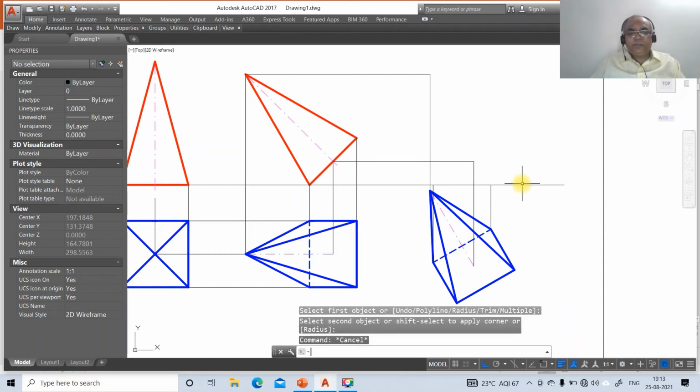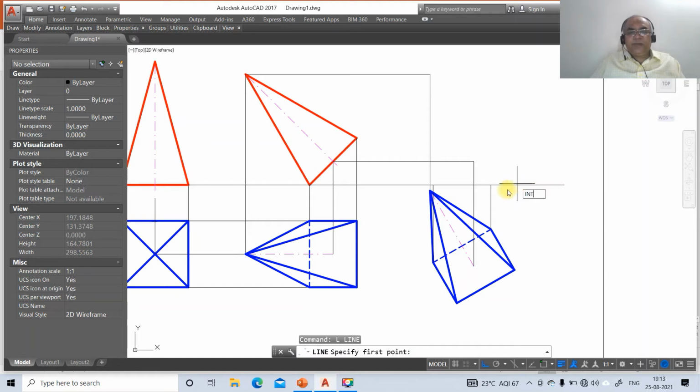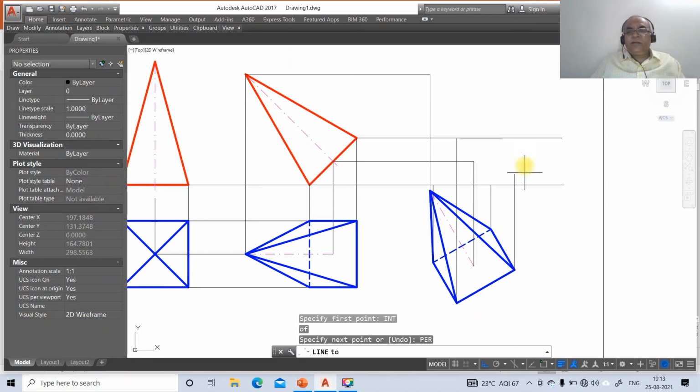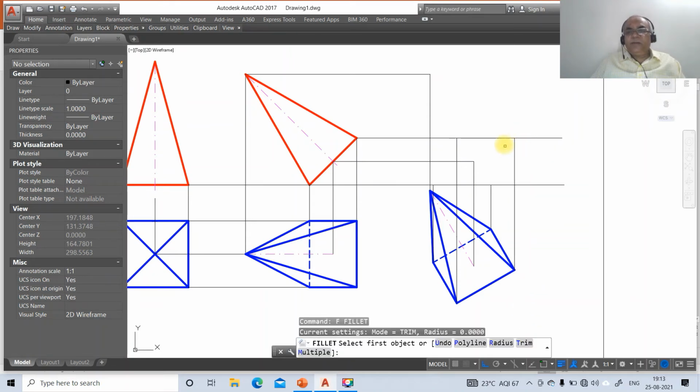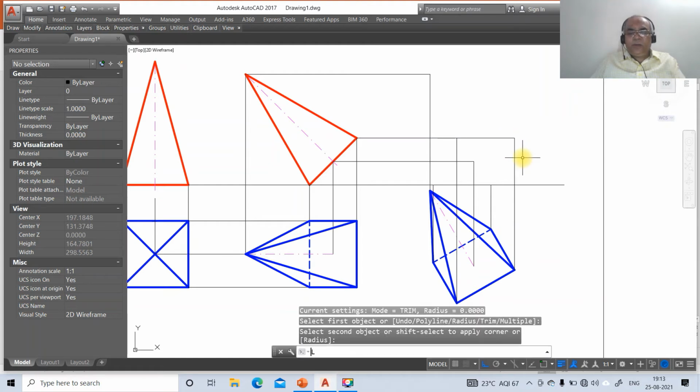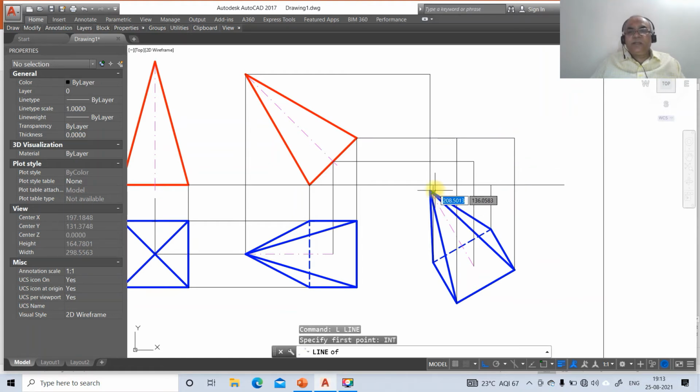Similarly, go to line and take intersection point of this, and then go to line, take int of this and draw perpendicular to this line. Similarly, line, take int of this and draw perpendicular to this line. Then go to fillet between these two. Then go to line, take int of this and take intersection point of this. Then go to int of this and then int of this now.